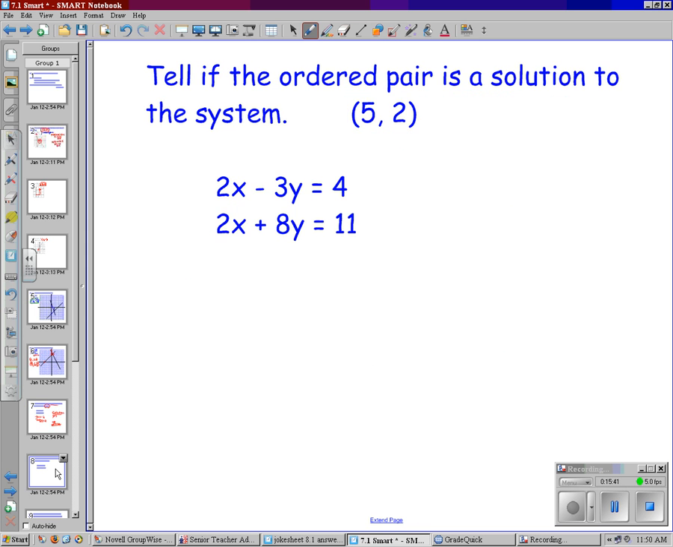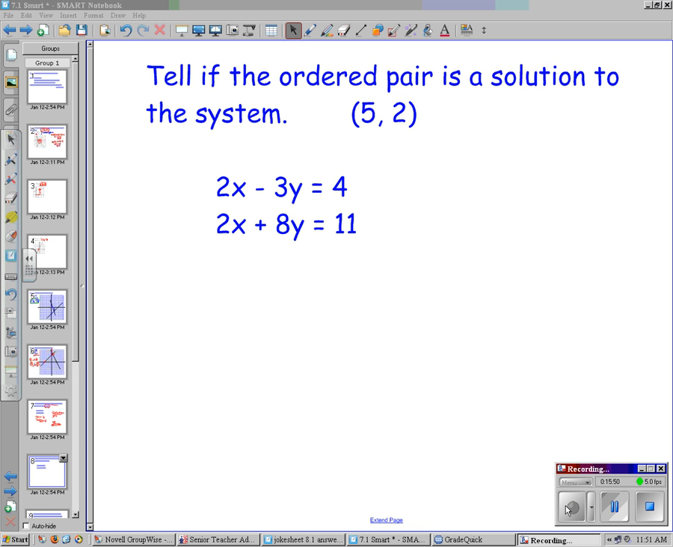Let's look at this one, please. Determine if this is a solution to the system or not. Talk to your partner about it. Is (5, -2) a solution to the system? Yes or no? Solution or not a solution? Why? Why not? Jesse? No, because